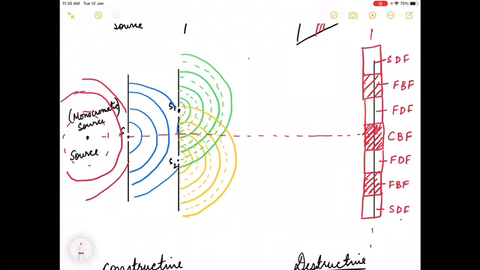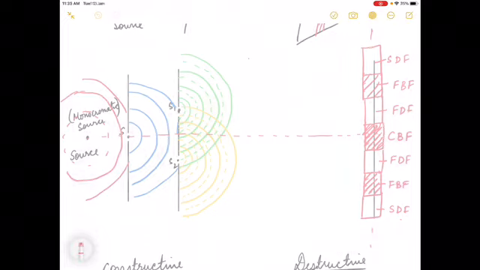Now places wherever the crest of one wave meets the trough of another wave, destructive interference takes place, and we obtain a dark line, which we simply call a dark fringe on the screen. I hope that is understandable. Clear? I hope you can write it down in your own words. That would be really great.